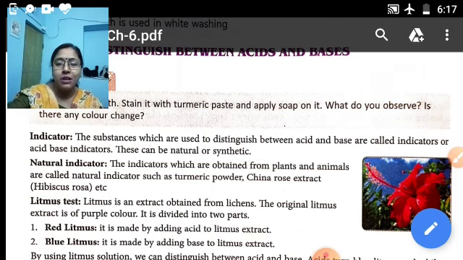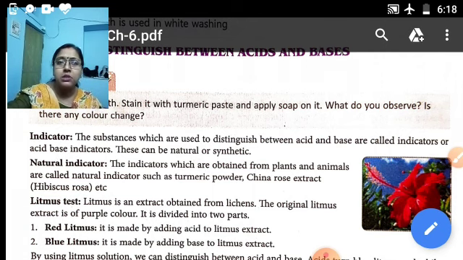Take a shoe flower, collect all the petals and boil them in water. After some time you will see the pink color. That is the China rose indicator. Now when we put the China rose indicator in acid, it changes into purple color, that is the magenta color. Whereas if we put this China rose indicator in base, then it will change into green. From pink to green is base, and from pink to magenta, that is the dark pink, is acid. So that is the China rose indicator.